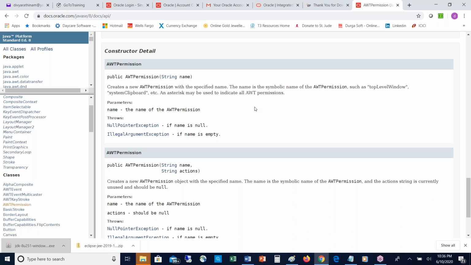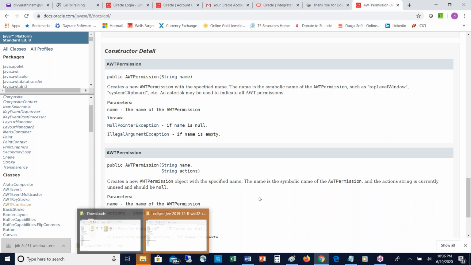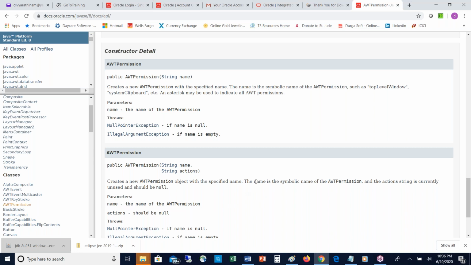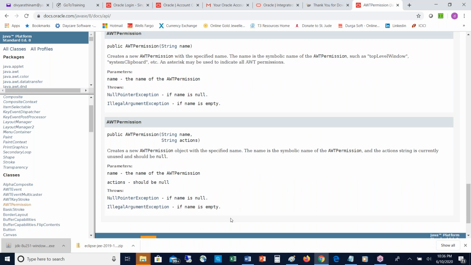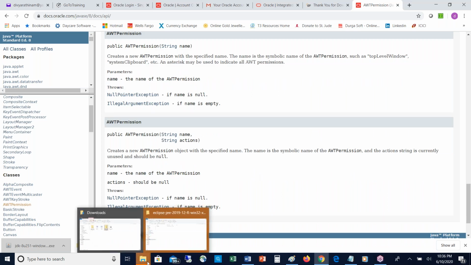So first, once we open Eclipse, the first step is to create a project. First we have to create a Java project. After creating the Java project, we have to create a package. Under the package, we are supposed to create classes and interfaces. Okay, so let's try to create a project first of all in Eclipse.